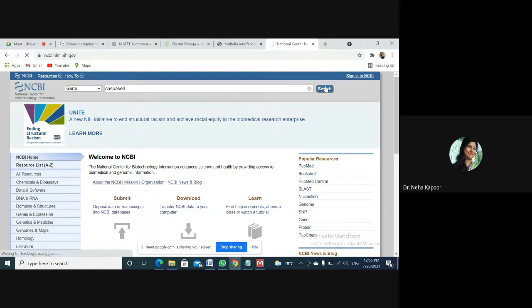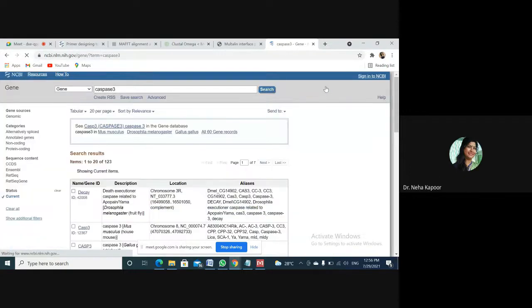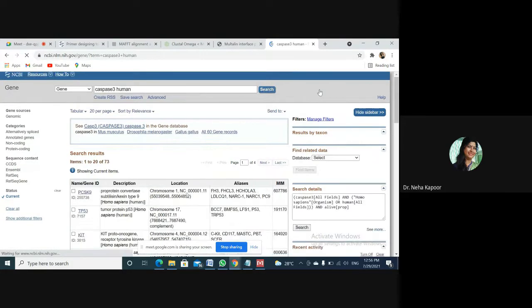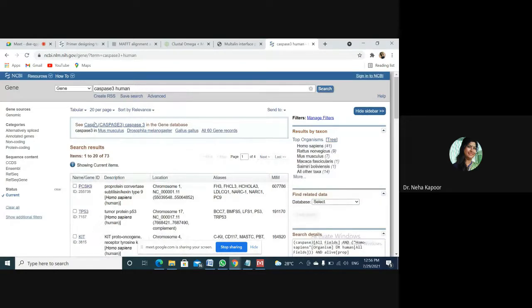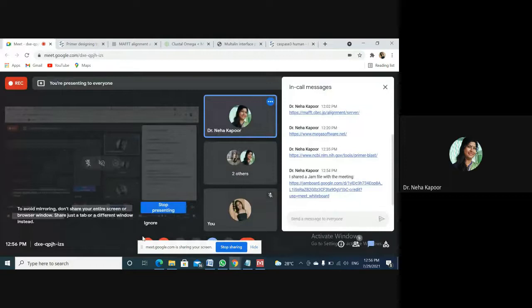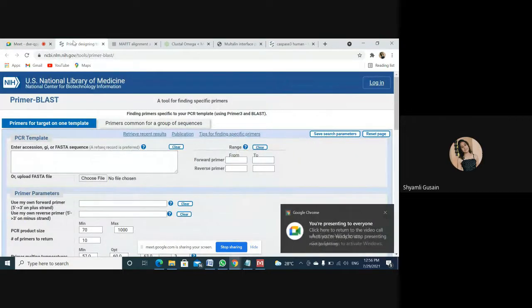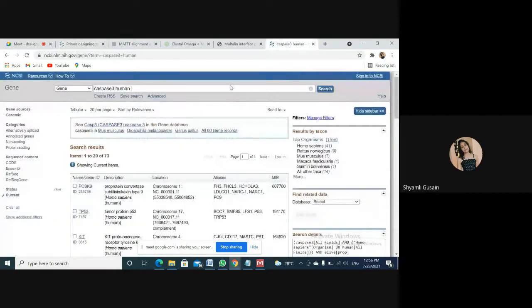Yes, Shamli, select any sequence. You can directly copy paste the sequence, or you can pick the primers from there. Yes, ma'am.